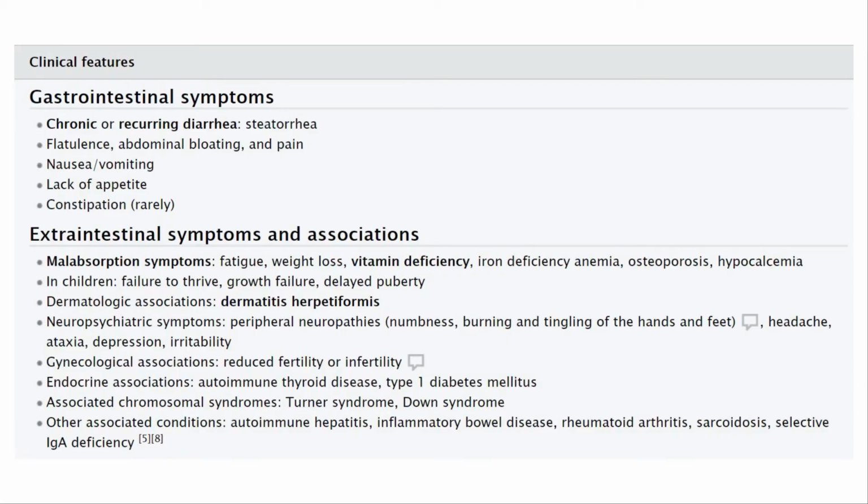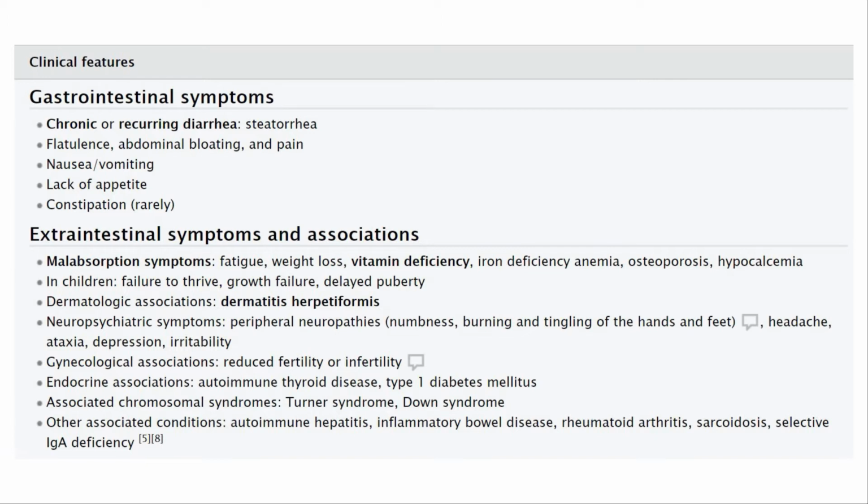So the symptoms you should be aware of are obviously steatorrhea, because you've got intestinal malabsorption, you're not absorbing fat, you get these fatty stools. You're then not absorbing fat-soluble vitamins A, D, E, and K. You're not absorbing iron, you're not absorbing B12, you're not absorbing calcium, and so on. You'll have fatigue, weight loss, iron deficiency, fatty, foul-smelling stools, flatulence, abdominal bloating,